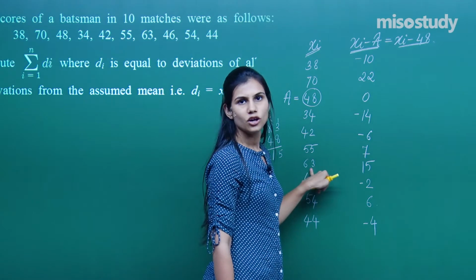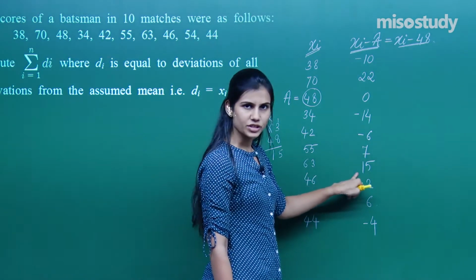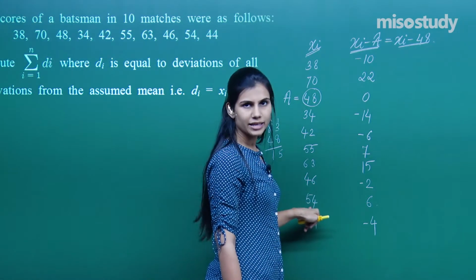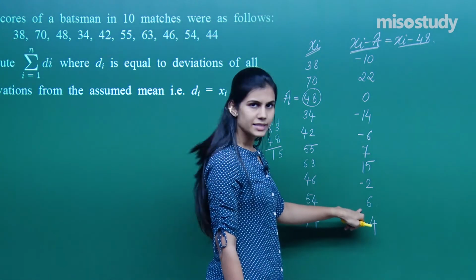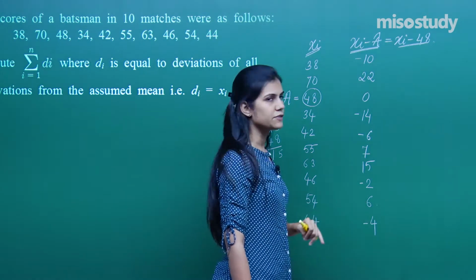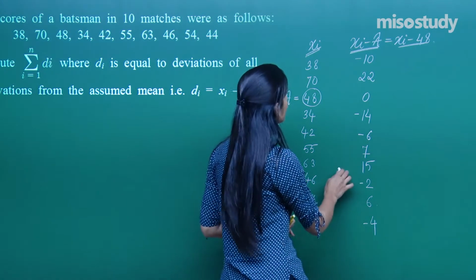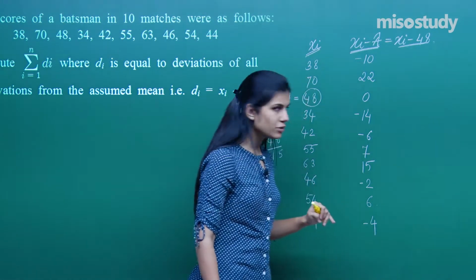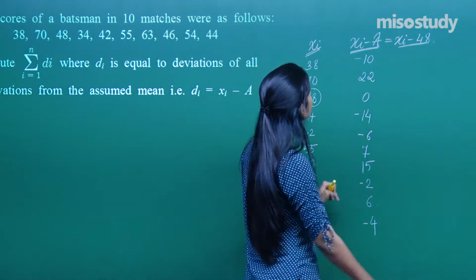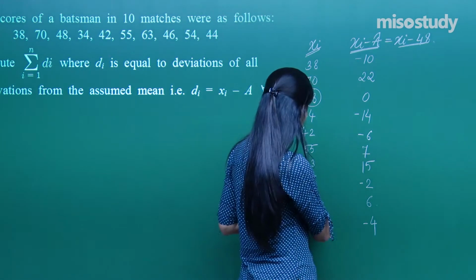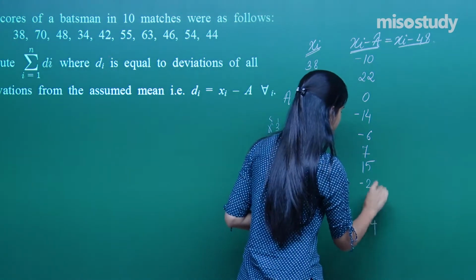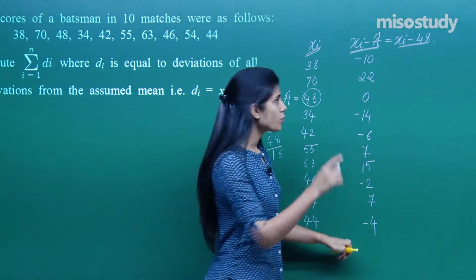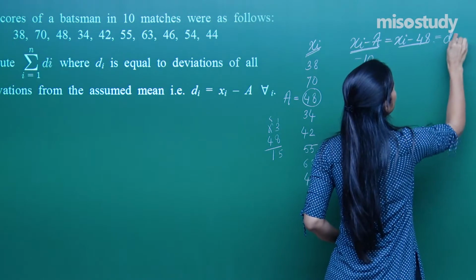63 minus 48 gives me positive 15. 46 minus 48 gives me minus 2. 54 minus 48 gives me 6, and 44 minus 48 gives me minus 4. Now in here, when I have calculated all these deviations, now this actually has to be 7. This is 7. When I talk about di, this is my di,